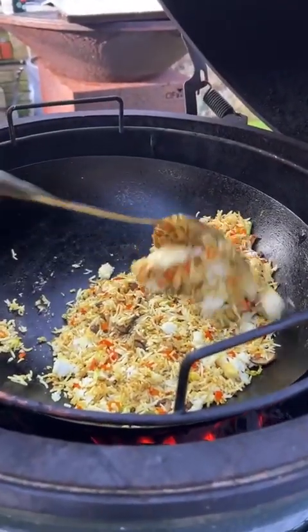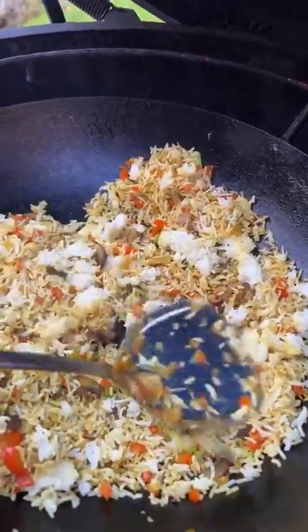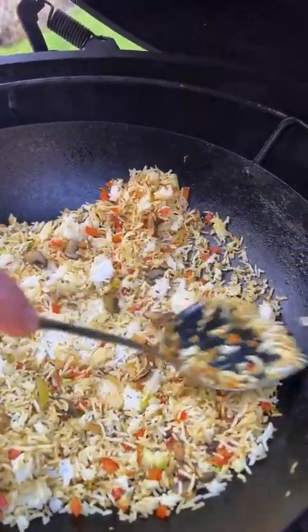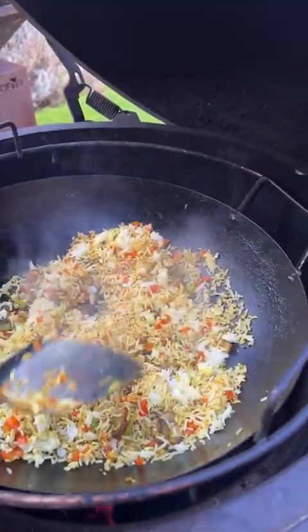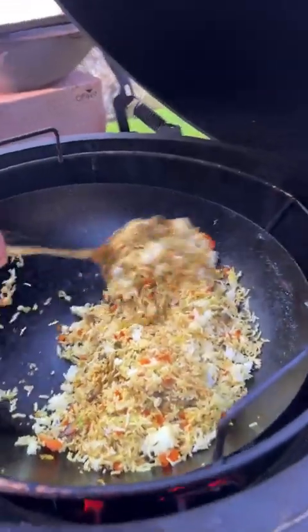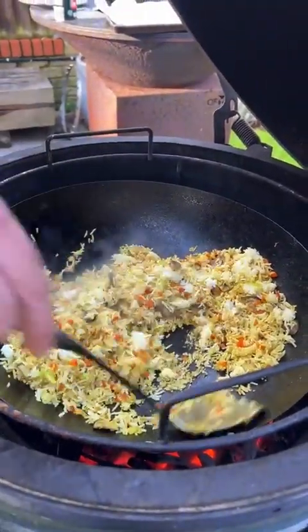How's that look? We had this the other night. It was delish. It smells lovely, and it is well worth the effort making it. Make it the day before like we did. Just put it in the fridge, put it on a tray, and fry it. And what you get is this beautiful,